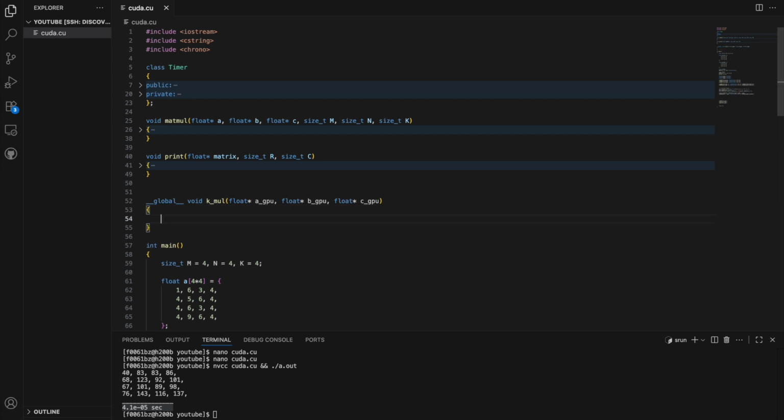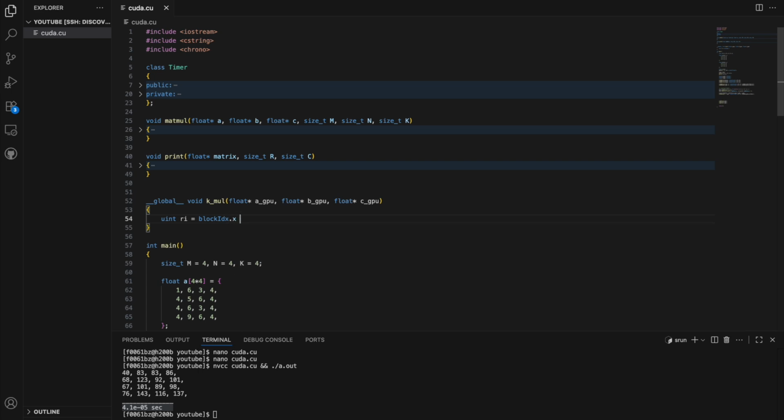You don't need to do this, but I just like using unsigned ints, because there is no way that these are going to be negative values. So I typically like using unsigned ints. So uint, the row index, which I'm going to call Ri, is equal to, now this is what we defined earlier. We said the row corresponds to the x dimension of the 2x2 grid, right? So we're going to say blockIdx, which is the block ID,